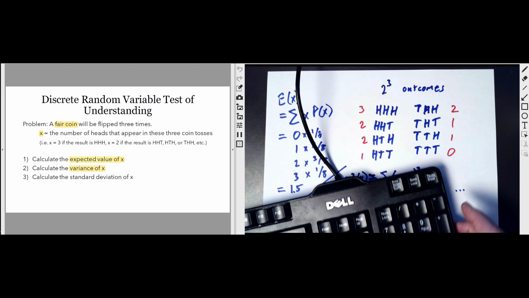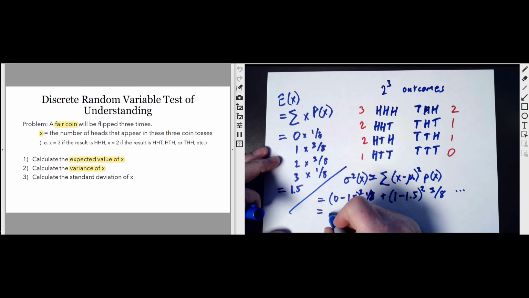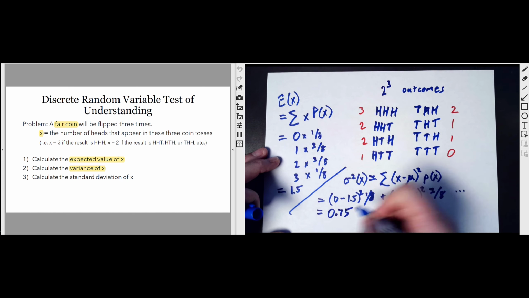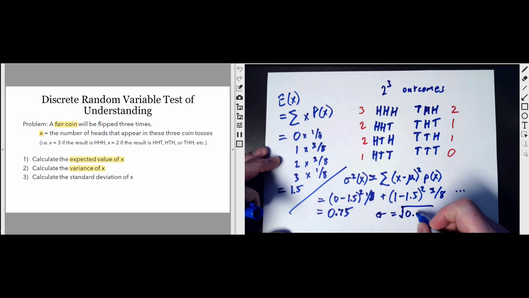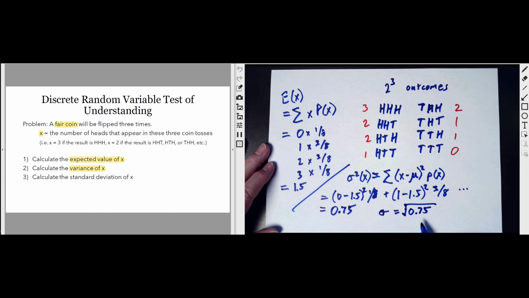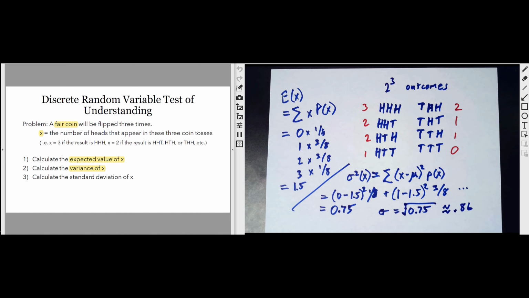So this turns out to be 0.75. And then the standard deviation is the square root of 0.75, which is going to be greater than 8, less than 9. It's going to be somewhere around, I don't know, 0.86 or something. Not sure exactly. Now, did you notice that this